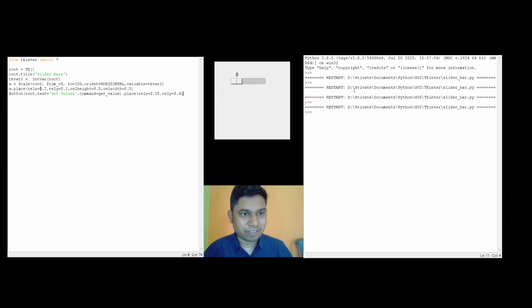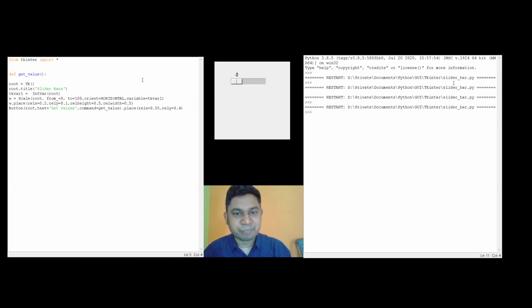You can place it anywhere in the free space, whichever looks good. Now I have reserved some place for the vertical slider bar, so I place my button somewhere in the right bottom location in the UI. Now let me define this function get value and what it should do, it should print the value of the horizontal bar.